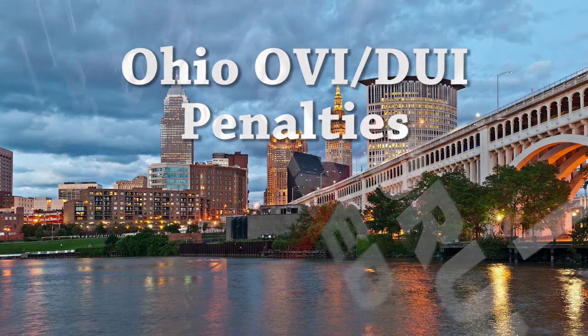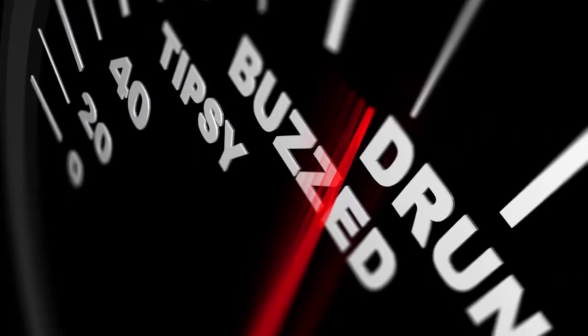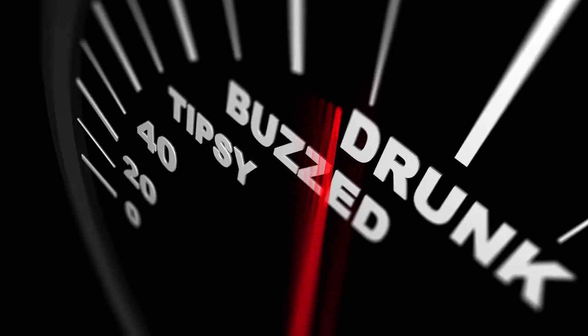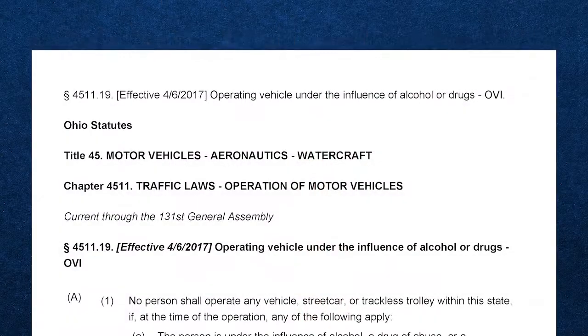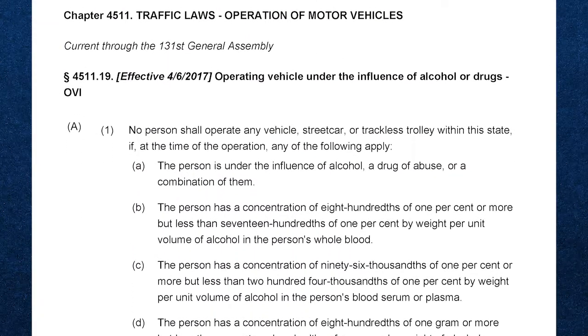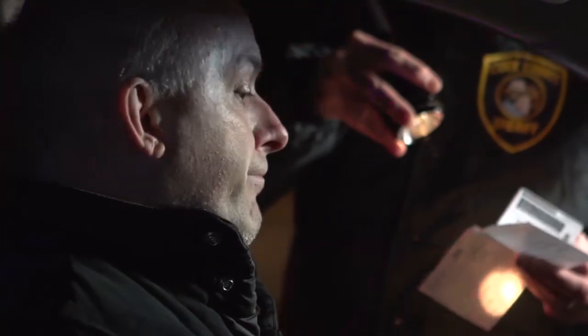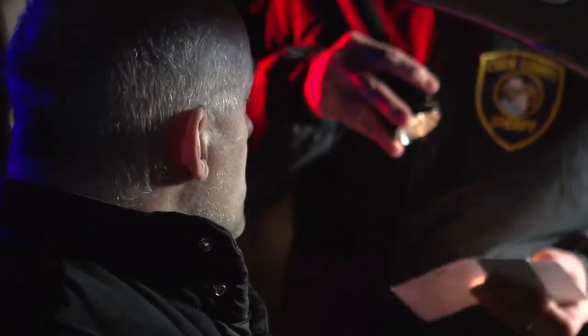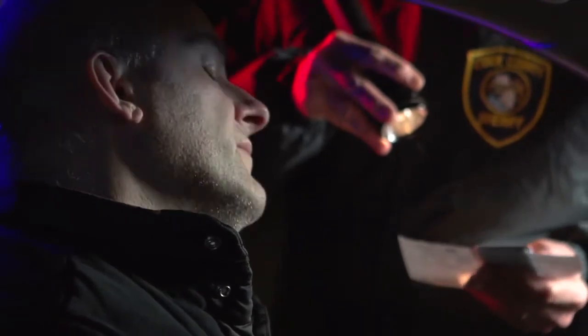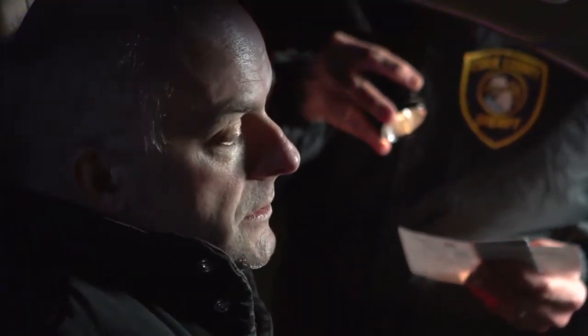Ohio OVI penalties. An Ohio OVI conviction, sometimes still referred to as a DUI or even DWI, will result in mandatory penalties that are found in Ohio Revised Code section 4511.19. Those penalties will depend upon whether you have been convicted of other OVIs, whether you refused an evidentiary chemical test, which is most often an alcohol breath test, and what your level registered on the test, most often your blood